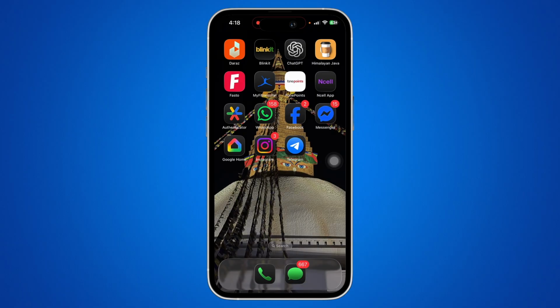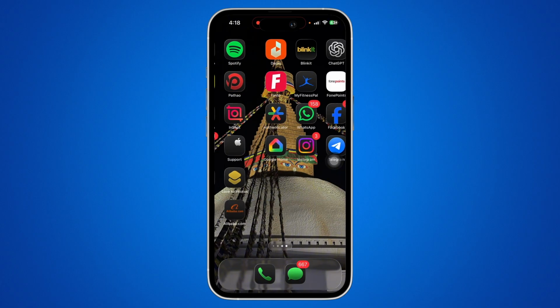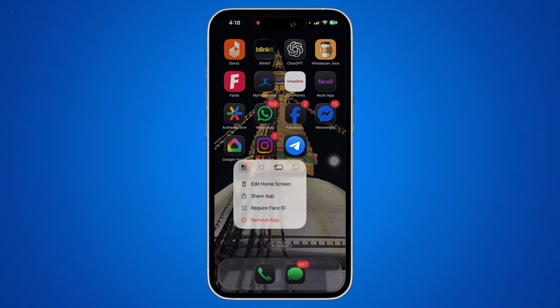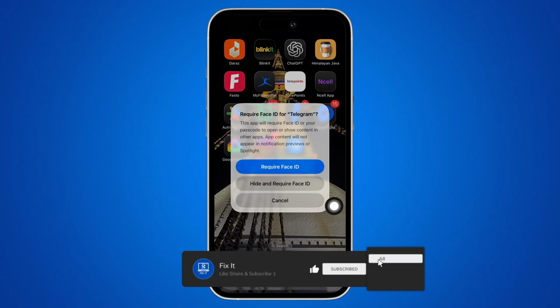Now let's get right into the tutorial. Firstly, go to your home screen and then tap and hold on the application that you want to hide. You will then see the option for Require Face ID. So tap on the Require Face ID option you see there, and here you can then go ahead and select